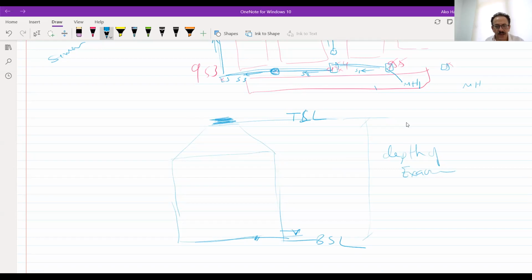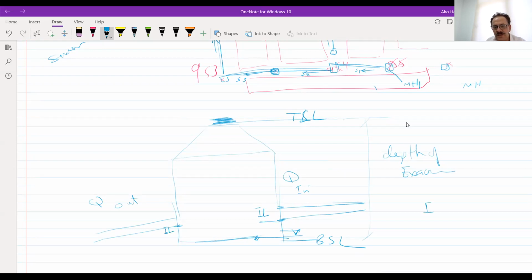This is one, and the dimensions are standard, but we have the in and out. For example, in means the level of the pipe in, and the level of the pipe out. This is called the invert level, and this is the invert level.